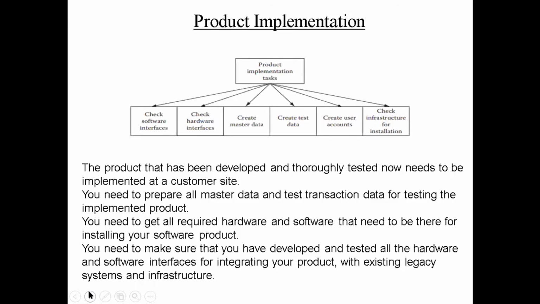This is one. The second thing is that you would have wanted certain ports to be associated with the software, and the client would have installed some other software that uses these ports which you need. So there will be a conflict between the ports. How are you going to overcome this? So first and foremost, you'll have to identify all the software interfaces. Second, you'll have to identify all the hardware interfaces. What are the hardware interfaces that you want to identify? For example, let me take a billing software.